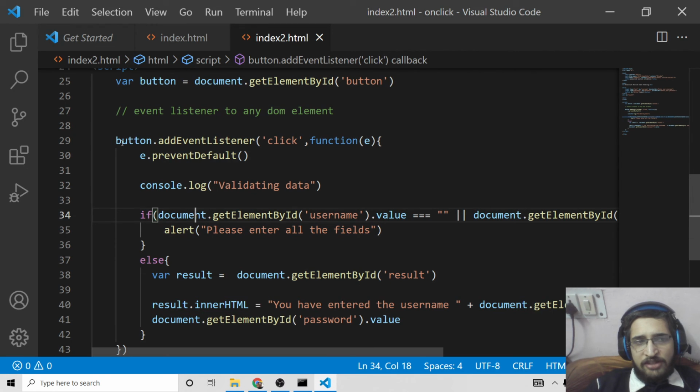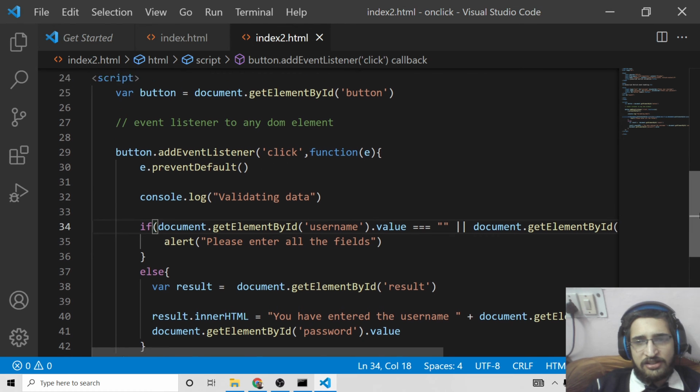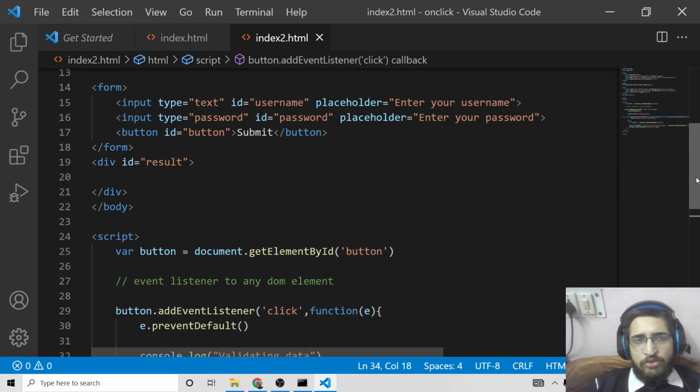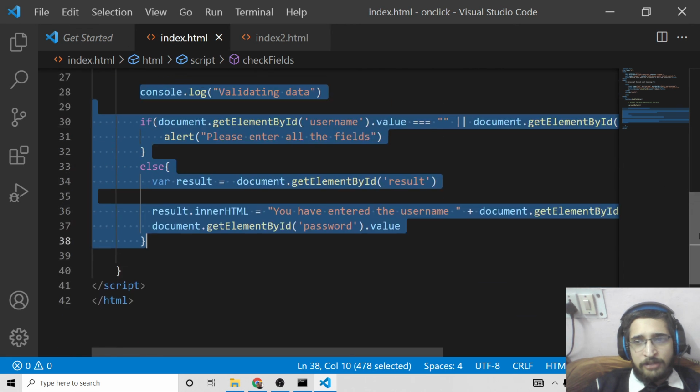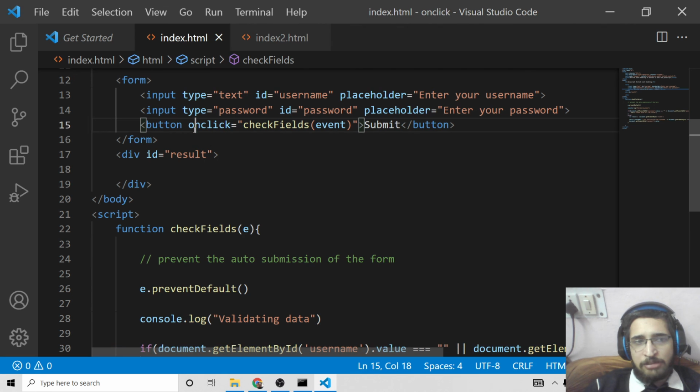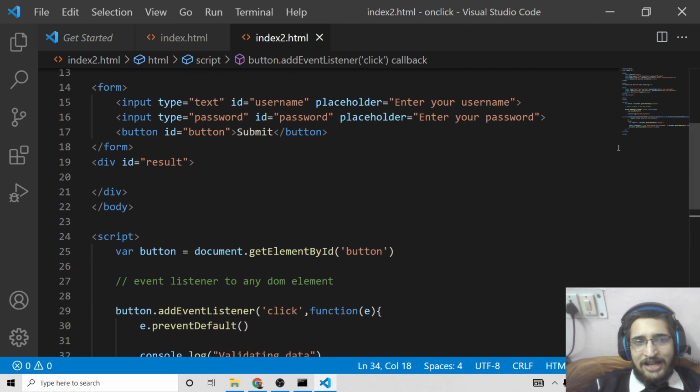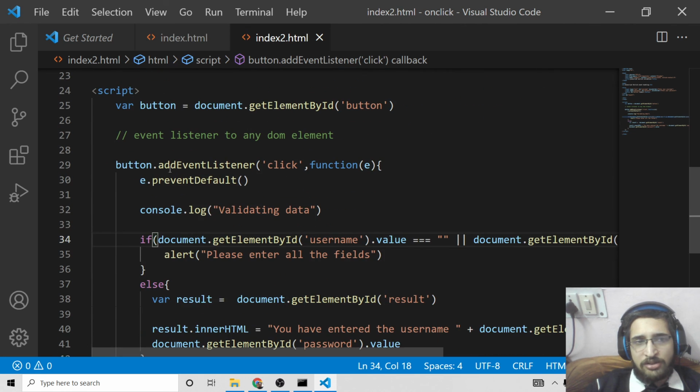So this is the second way, button.addEventListener, and we are attaching the click event listener here. These are the two ways by which you can attach an onclick event listener to buttons, to handle what happens whenever we click the button. First, you can pass it as an onclick attribute, or you can attach it using the addEventListener method.